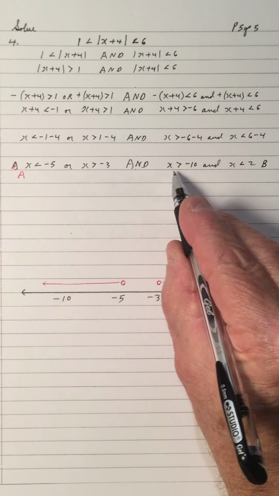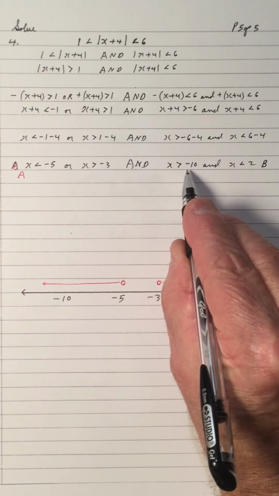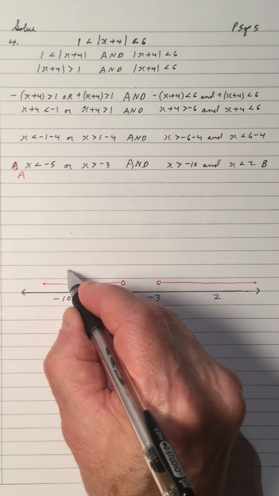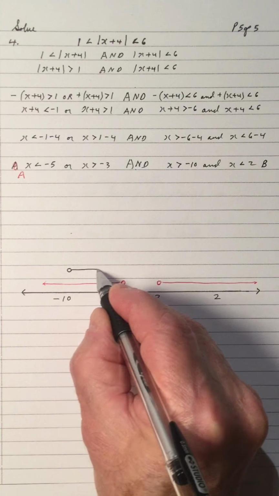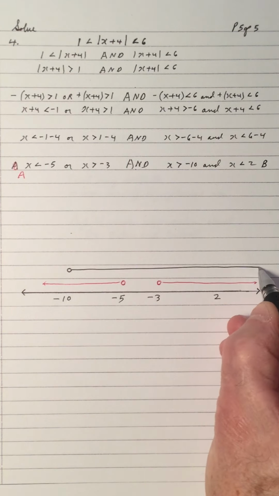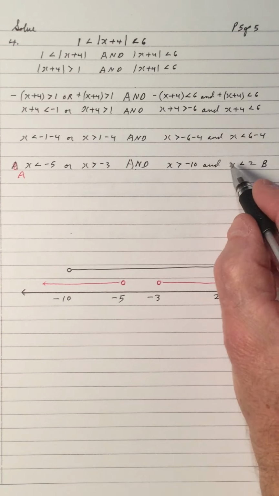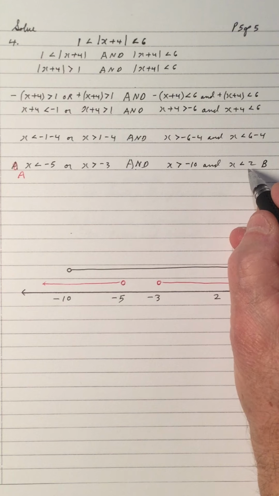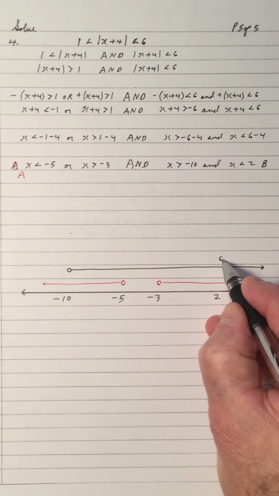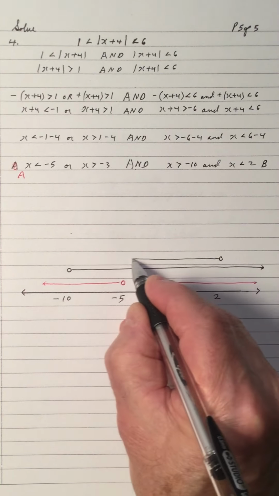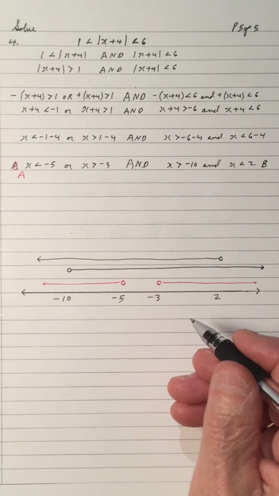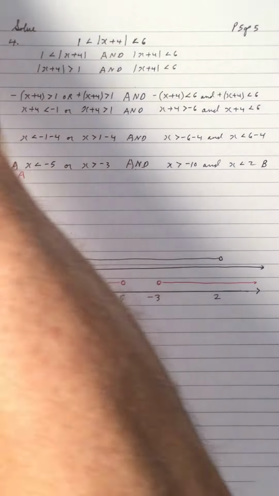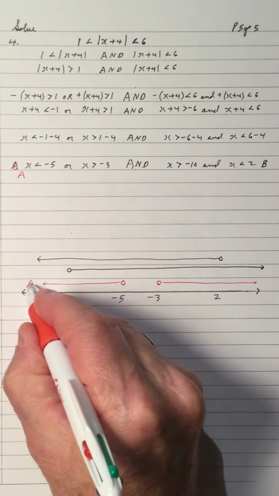So for B, x is greater than negative 10. Greater than negative 10 is not including negative 10, but it's all the way over to the right. And x is less than 2 is not including 2, but less than. Less than is to the left. There it is. So if you look at this, the red is A,